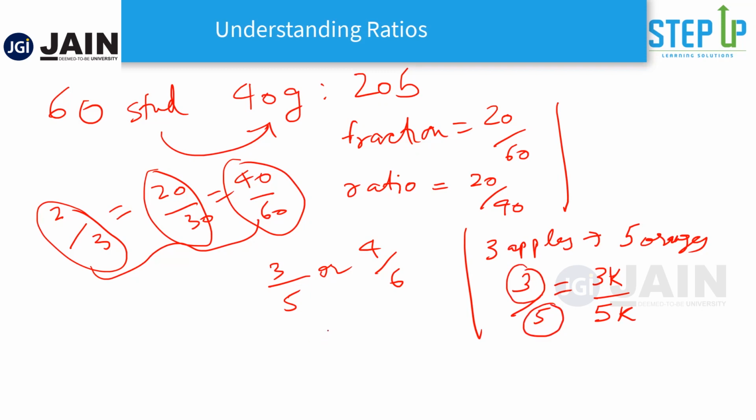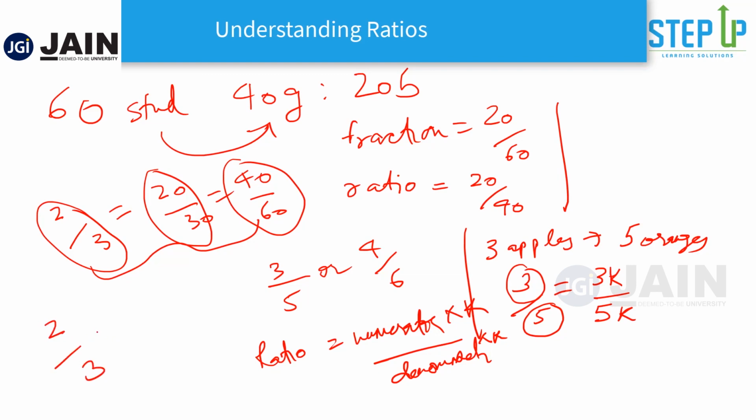And more importantly, if it's written as a ratio, it has two parts, right? Let's say numerator upon denominator. Anything you multiply in the numerator, you have to multiply in the denominator also, or anything you divide the numerator by, you have to divide the denominator by the same. Let's say you have the ratio 2 by 3. If you multiply both sides by 2, it will become 4 upon 3 into 2, 6. But this is the same. That means multiplication or division by any number on numerator and denominator does not change the actual value of that ratio. So this is really the basic concept of ratio.